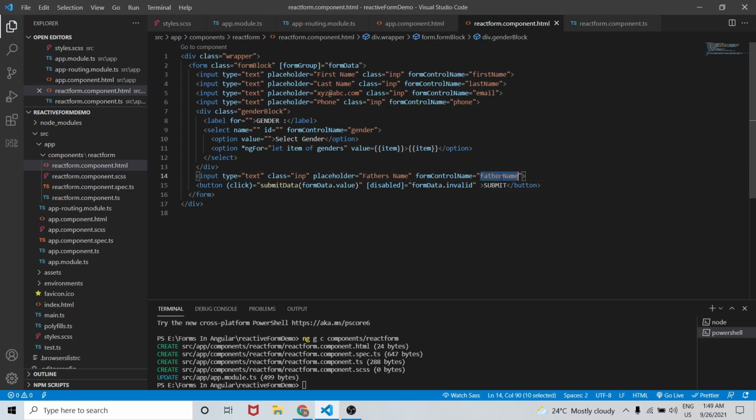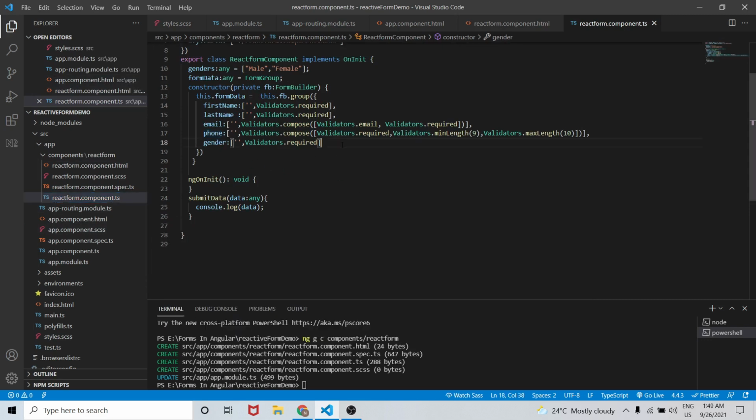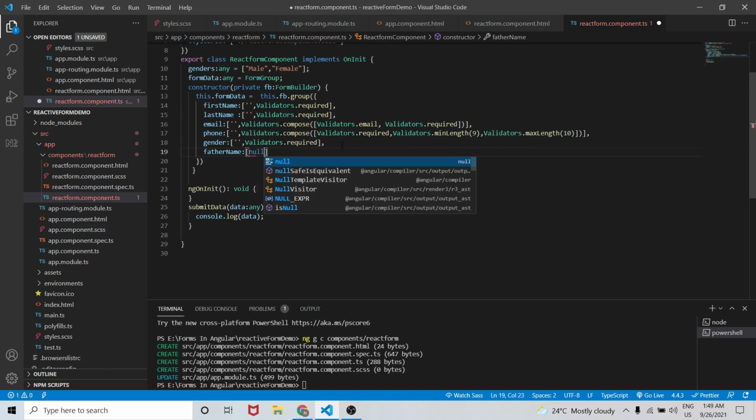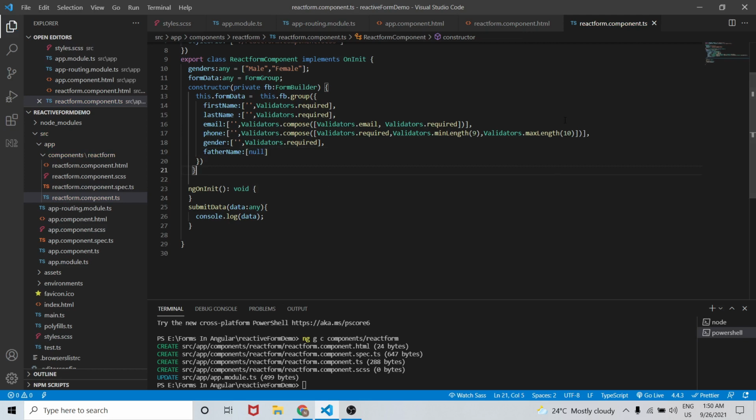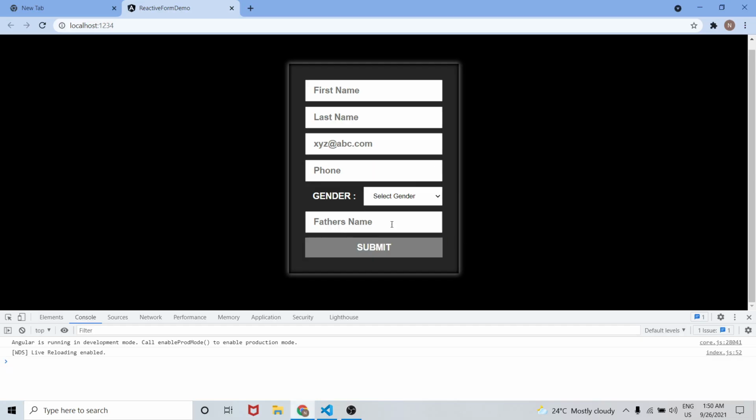And we will add this father name in our controls, that is form builder group. So we'll simply add it into group, and initially it should be null because we don't know whether it is required or not, and based on the condition that if a user selects female, then only we will be able to see that.